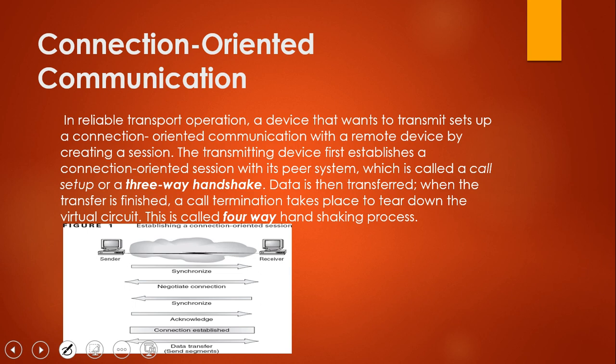If you see, one is the PC sender and the second is the receiver. A synchronize packet is sent from sender to receiver to negotiate the connection from PC1 to PC2, synchronize is sent back from the receiver, and an acknowledgement is sent by the sender. So this is the three-way handshake and connection establishment. This is the four-way. After that, the packet is successfully transmitted from PC1 to PC2.